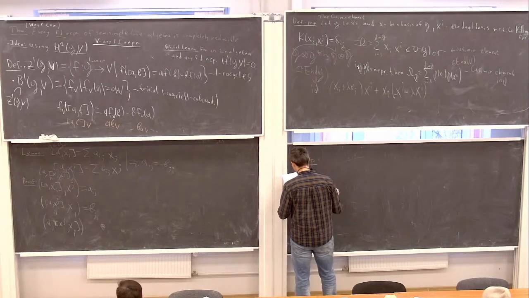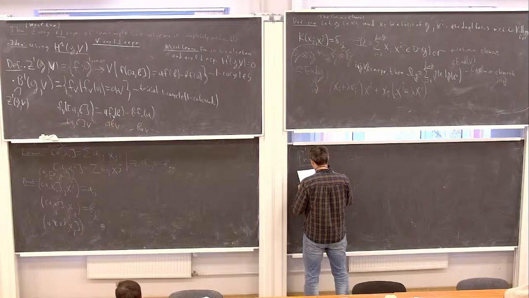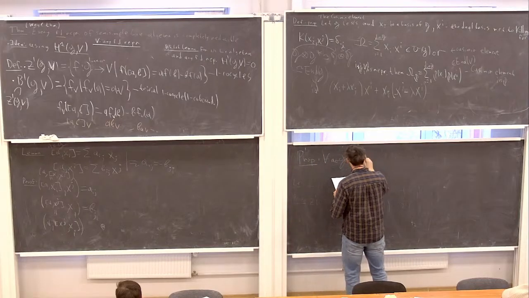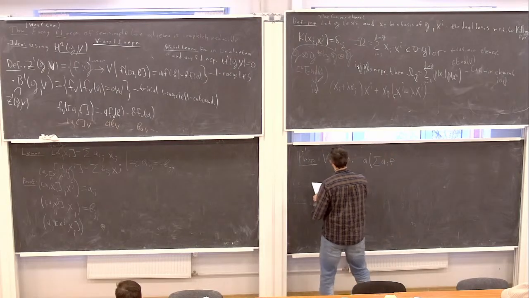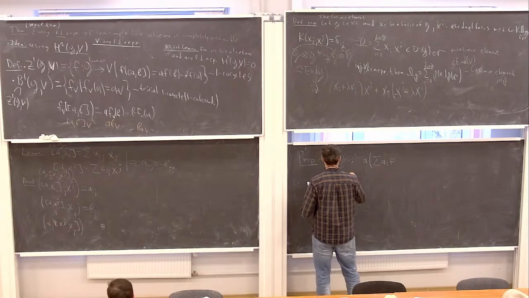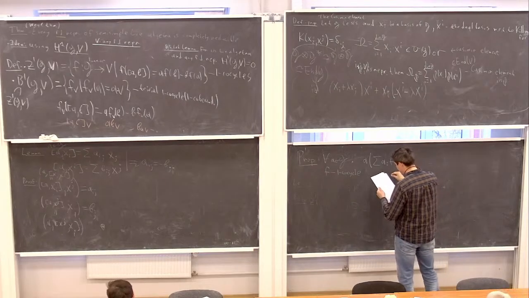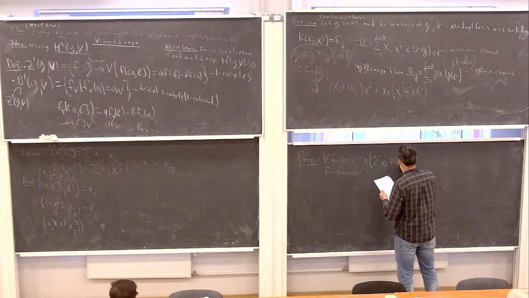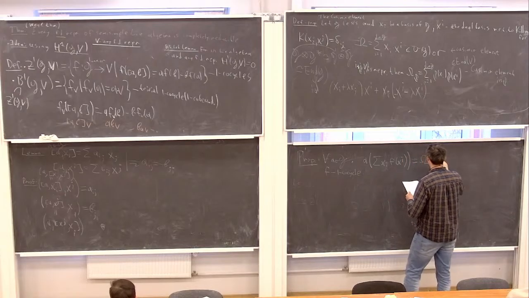So it's a big computation, the main big computation in all of this. I claim the following: for any A from G, we have the following formula. Let f be a one-cocycle. Then I claim that the sum of x_i f(x_i), acted on by A, is equal to omega f of A.